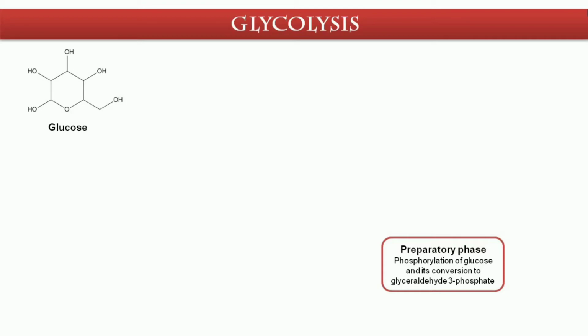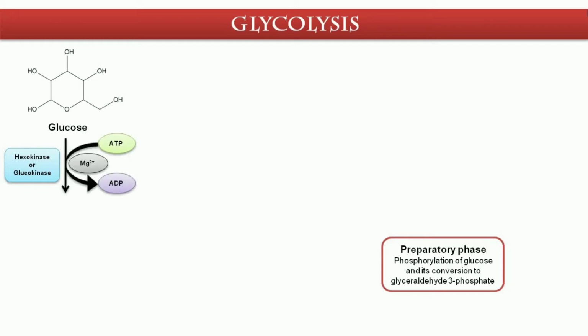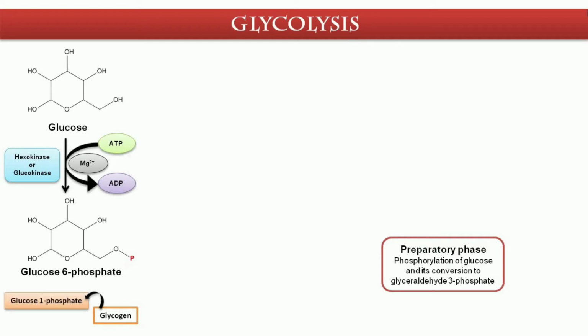Now here is a molecule of glucose which, with the help of the enzyme hexokinase or glucokinase, undergoes the first priming reaction. It converts an ATP to ADP with the help of magnesium to form glucose 6-phosphate. Then, in a reversible reaction with the help of phosphohexose isomerase,